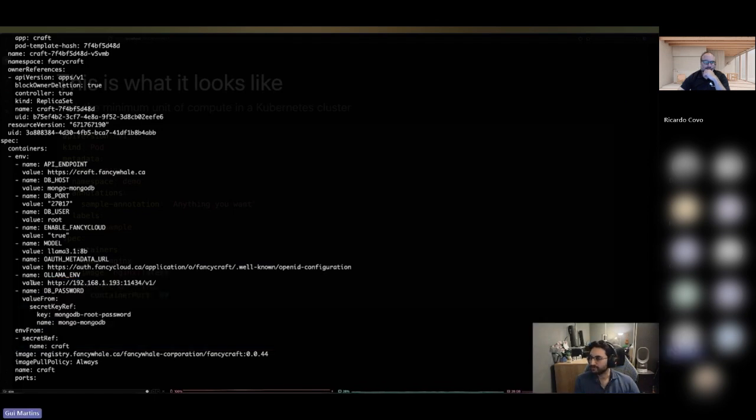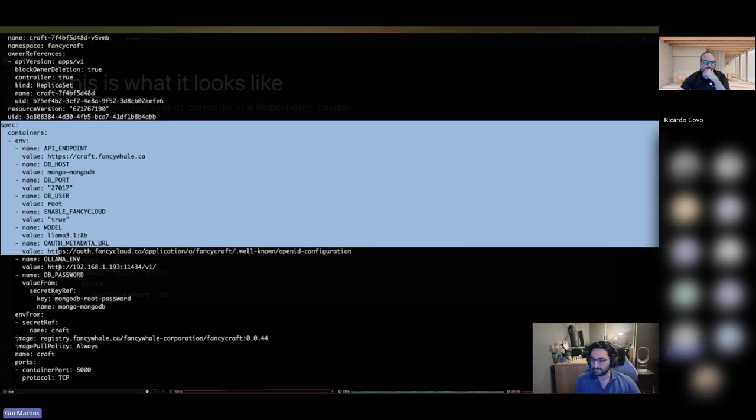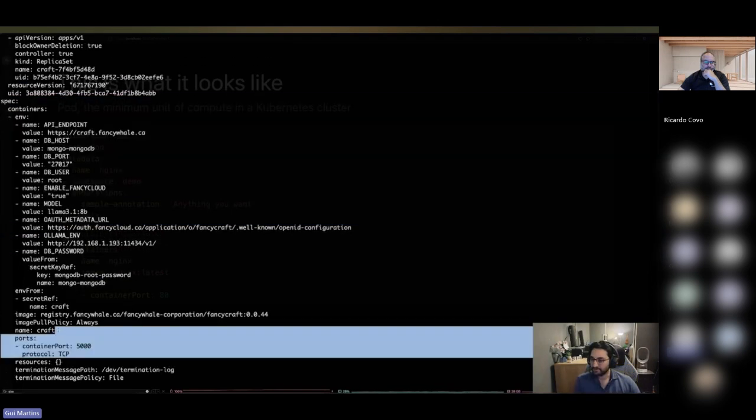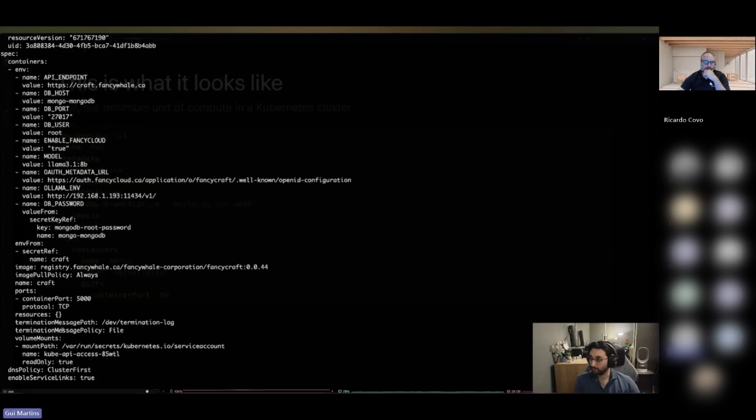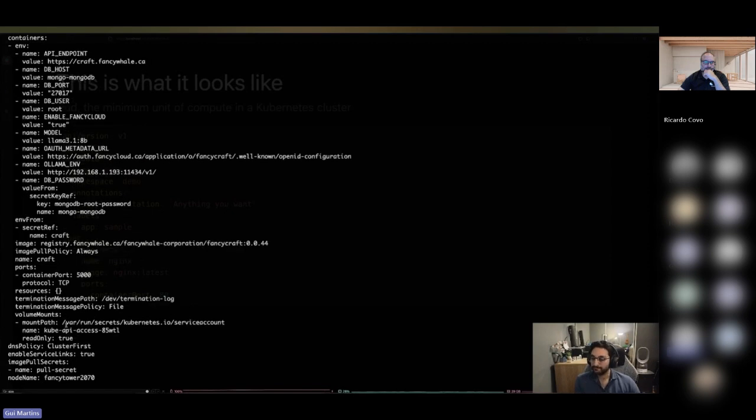So this is just an open running container. But as you can see, it's just a spec that has a container, a port in which it runs, so it is exposed to the local namespace. Mind you, local namespace, and it's just for this pod. I'm going to get to the details of it. And you have,